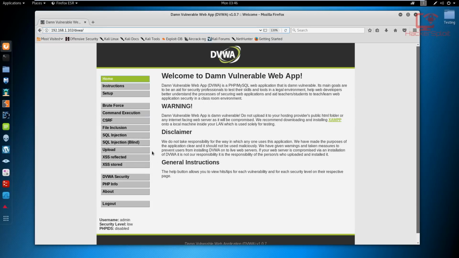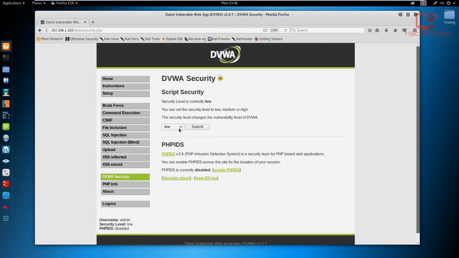Alright, by default in this video, we're going to set our security level to low. If you don't know how to do that, you can go into your Damn Vulnerable Web Application security and you can set that to low and you can just hit submit. The reason we're setting it to low is because, if you look at the real world, if you're talking about big sites, this attack may very well work on sites that are older or sites that have not been updated or sites that don't have good security. You'll be shocked to find some really big companies that actually don't have any login protection,